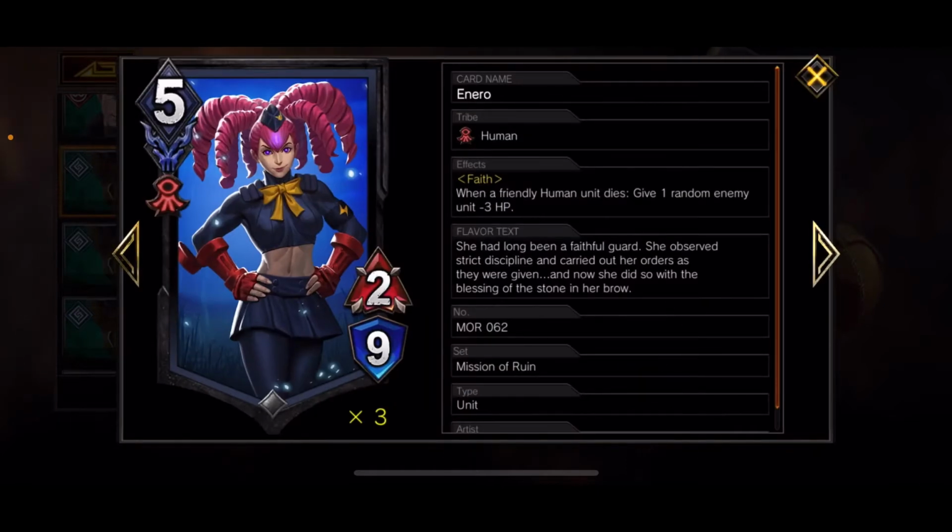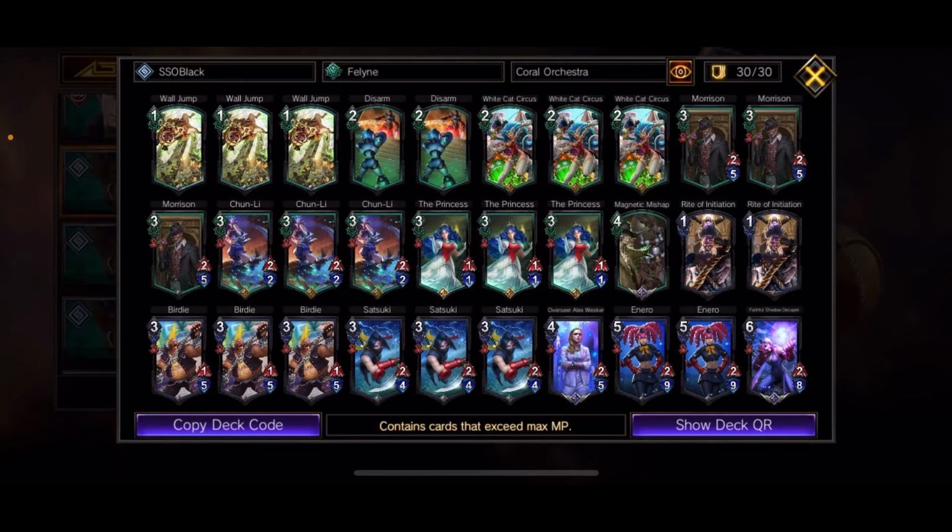And then the 5 cost we use, we run 2 Anero, and this is for burn. She has Faith, and when a friendly human unit dies, give one random enemy unit minus 3 HP. So it's a little bit different than running Chester and Mia, because they burn physical damage. Anero burns through shields too, so if they have a shield and they have 3 HP, you're going to still kill the unit. So we run her at 2. You can run her at 3. You can take out something like another Birdie and run her at 3, or you can even take out this card